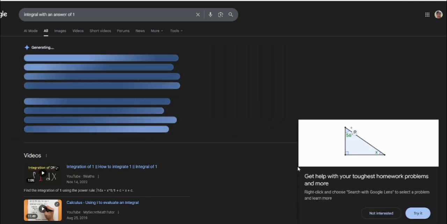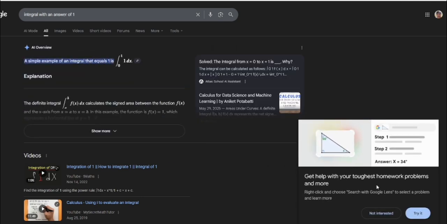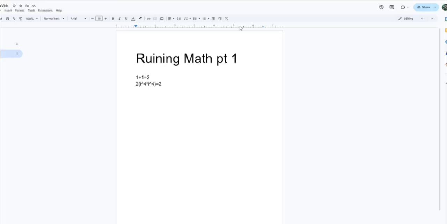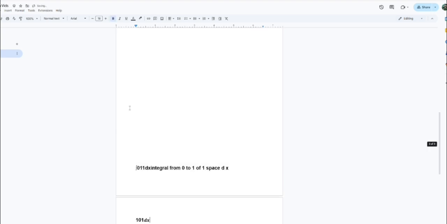Any integral. I know what an integral is. A simple example of an integral that equals 1. Okay, perfect. Love this. I do, even though I'm in a grade way below, I'm not going to mention it, but I'm in a grade way below, but I do,